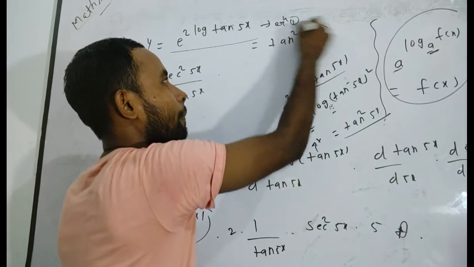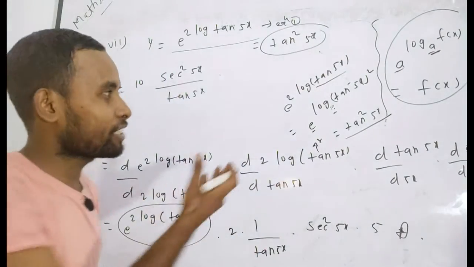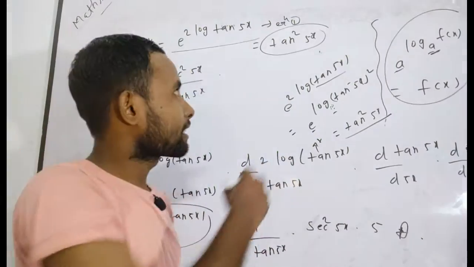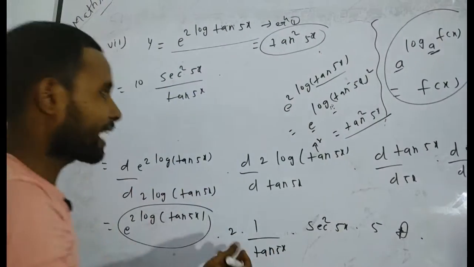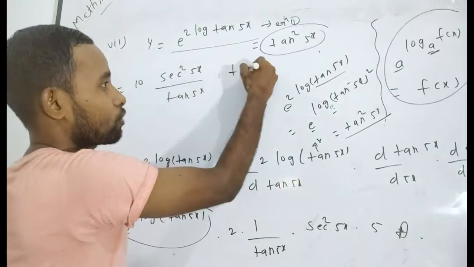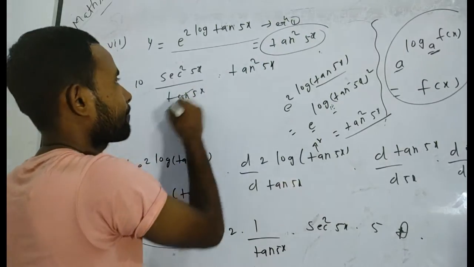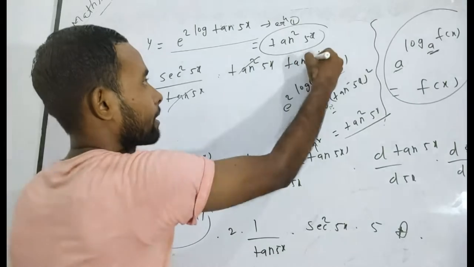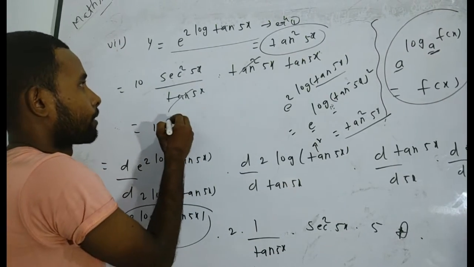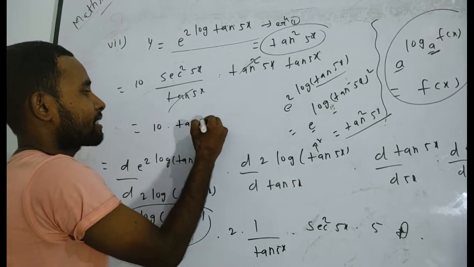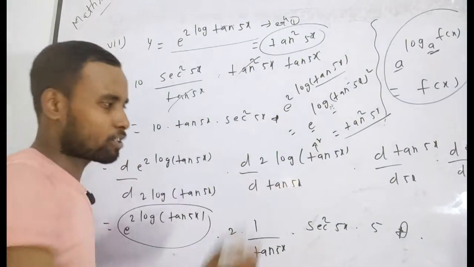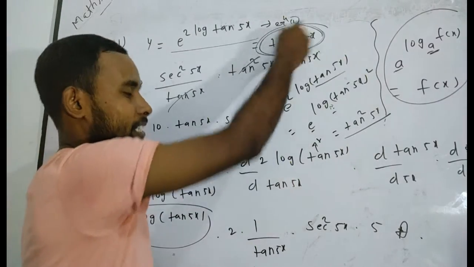Now you have to differentiate simply. There is no need to use the formula of the exponential function. Simply you will get 2 times. Now you can write here, after the simplified form, you will get 10 square 5x. The 10 5x cancels this term, 10 5x times. Finally you will get 10 into 10 5x into sec square 5x. I think you understand. You can also solve this problem after simplification.